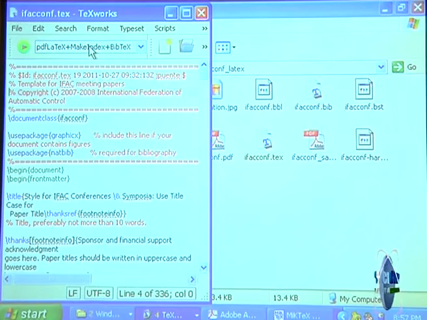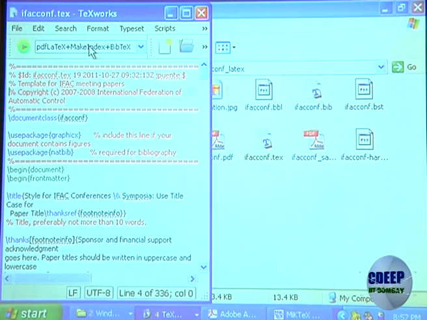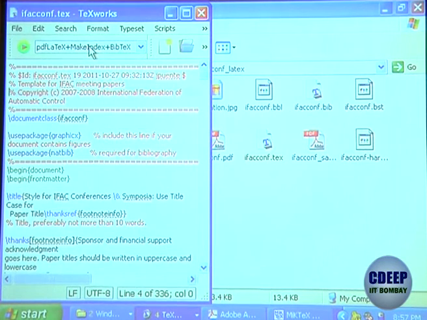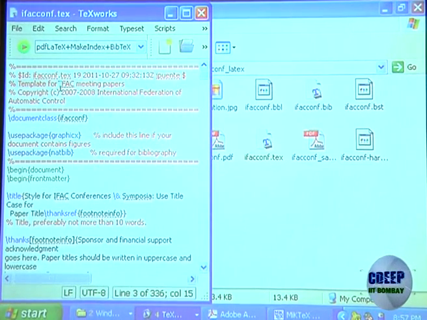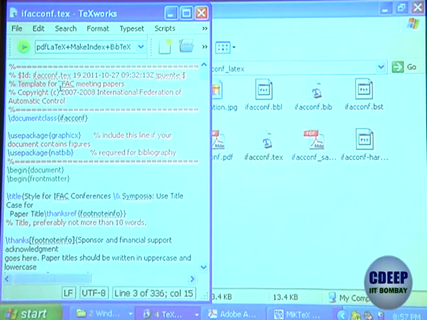Backslash title is a command for giving the title to your paper. So instead of this, you just put your title and it will come on the right hand side. In author, there is a command called backslash author, they will write author 1, change it to your name. That author name will come on the right hand side. So when you execute this, all you get is a typical standard paper that a conference or journal will have, in the same format that is typically accepted by those conferences and journals. So you don't have to manually do anything, you just get this template and run it.